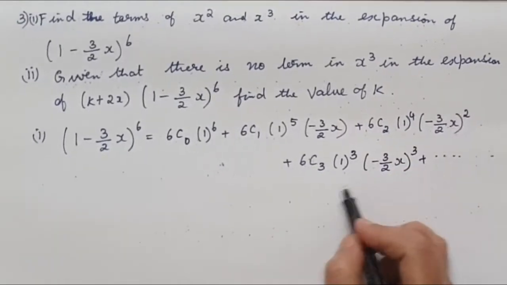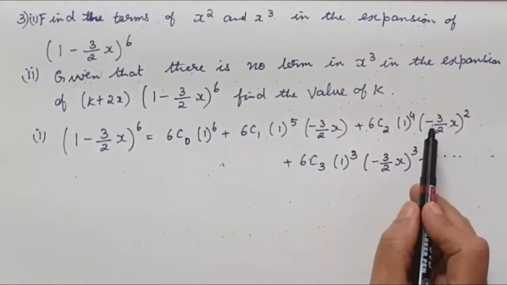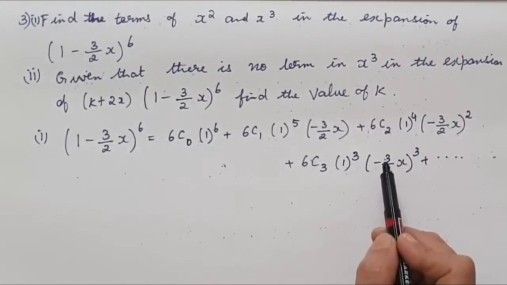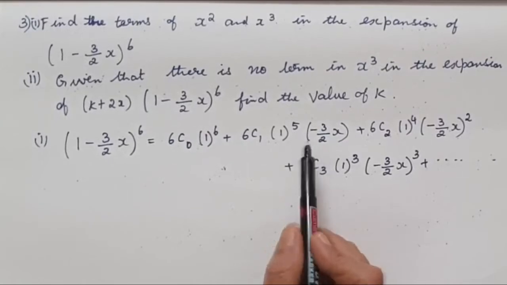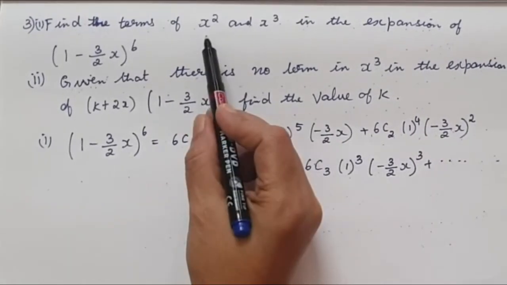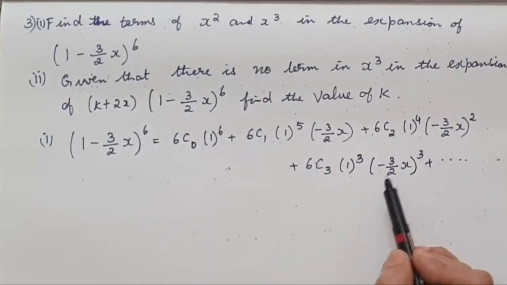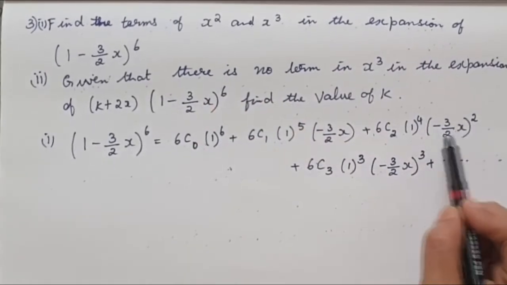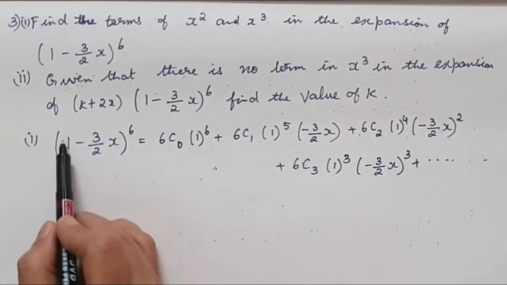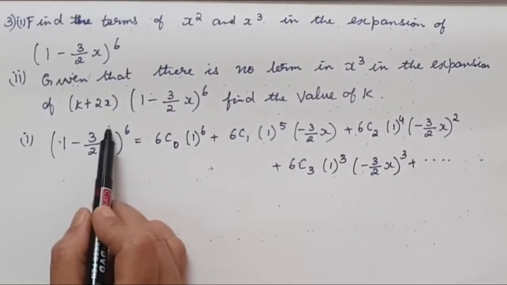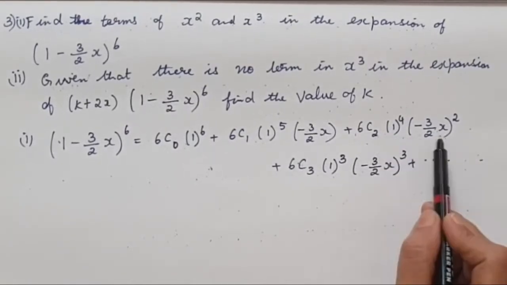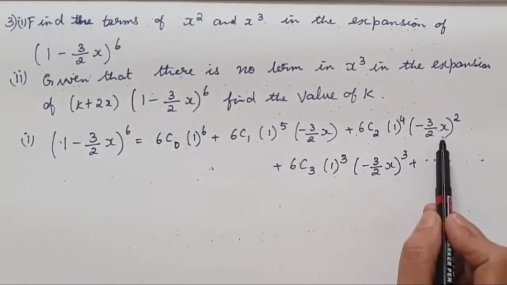So we are not writing the further terms because we are only interested in the x squared and x cube terms. Instead of writing this expansion, if we can formulate and write the term of x squared and x cube, then also you can write it. Because we need an x squared, the second term has to be squared, so this term has to be to the power 4. Then only this 2 plus 4 will give you a 6. If you can mentally formulate this, you can write it.